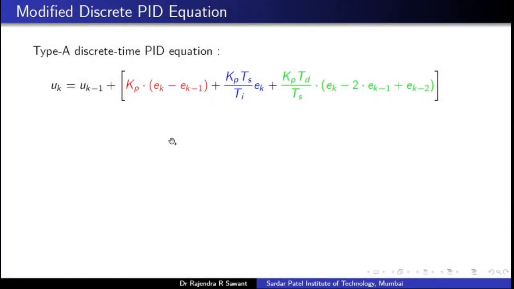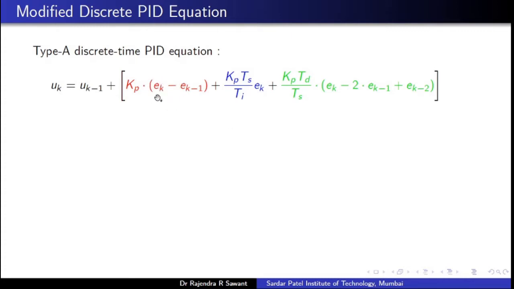Now let us begin our discussion on implementation of a discrete time PID equation. Here we have written down a type A discrete time PID equation, and this consists of Kp, Ti and Td, which are the PID coefficients, and this is the standard form of representation of PID.